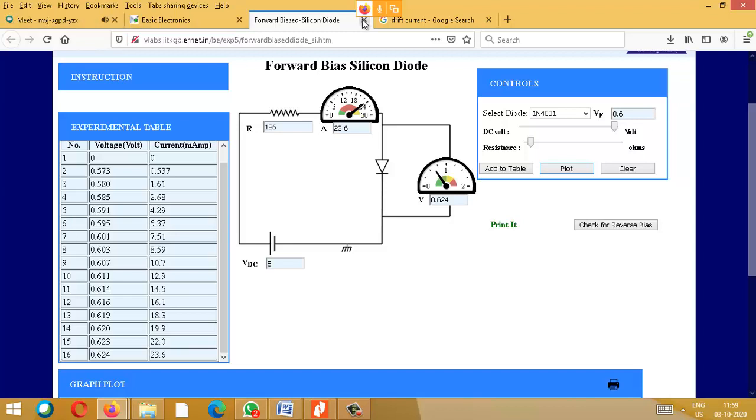Now the next step is to draw reverse characteristics. I think you have clear what I have done. You have seen, keep in some resistance. Once after keeping in the resistance, initially voltage will be 0. Select any one diode, then constantly vary the voltage. Press this button, add to table, add to table. So each and every time what this meter is showing is brought here. This is your tabular column for your observation as well as record. So from here you have to copy it to your note. Then finally you have to give plot. Okay, then it will show.